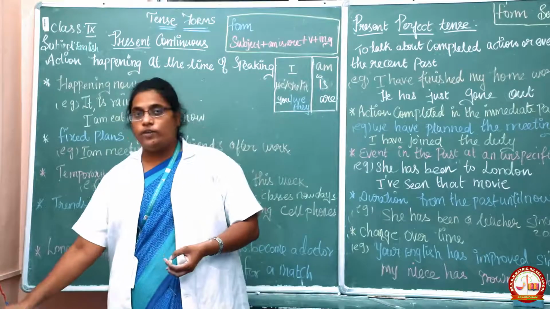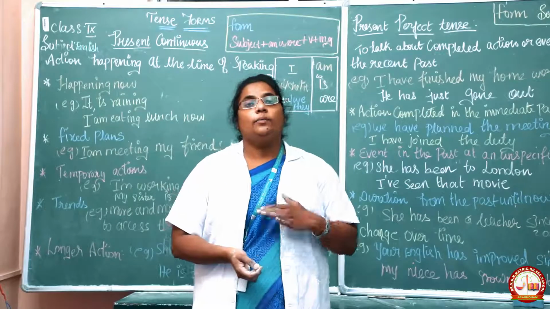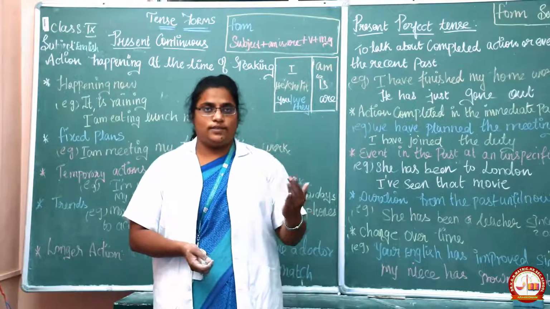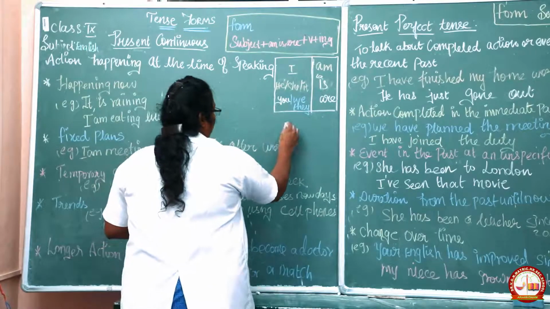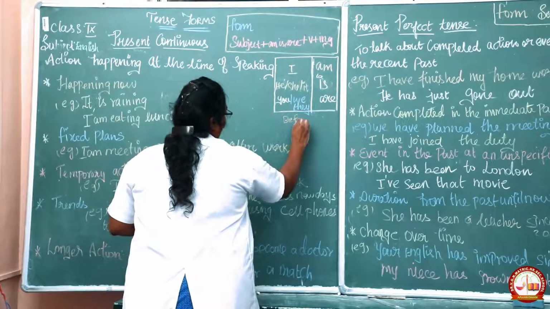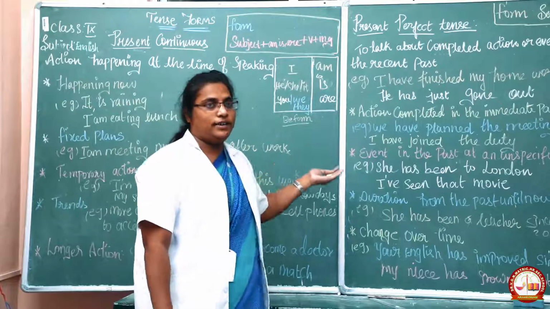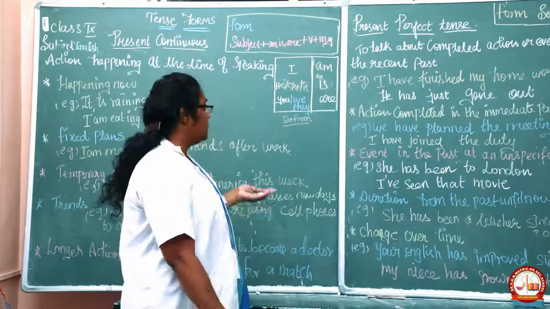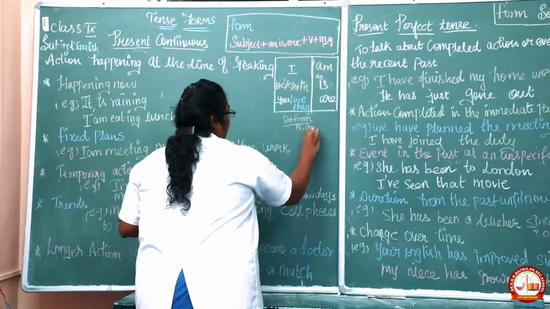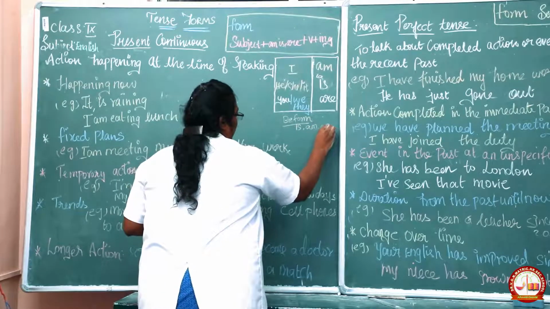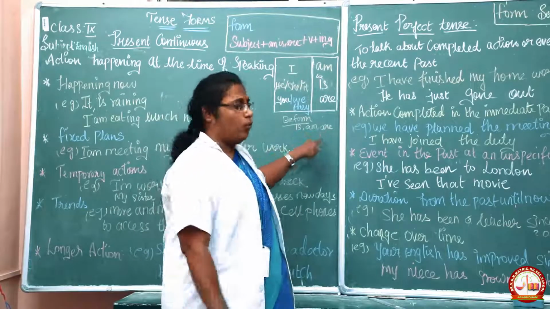Be form verb is nothing but, the auxiliary verb is divided into primary auxiliary and modals. Primary auxiliary is what we call be form verbs. What are all the be form verbs? You have been studying in 8th standard or in the previous classes that the be form verbs are is, am, are, was, and were.